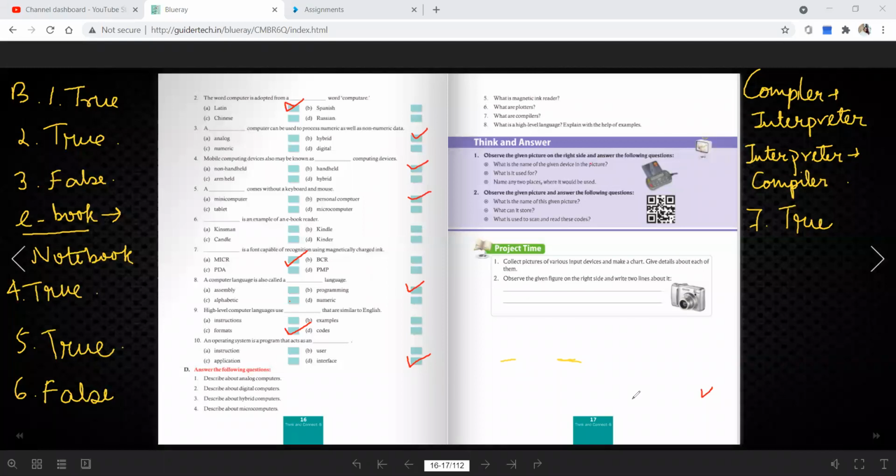Which number 1? Tell me the question number. A, B, C means fill in the blanks, C, true false, C. Question number 1 is B. And 6 will be answered. Oh, 6 is Kindle. Kindle I haven't marked, na? 6 is Kindle.